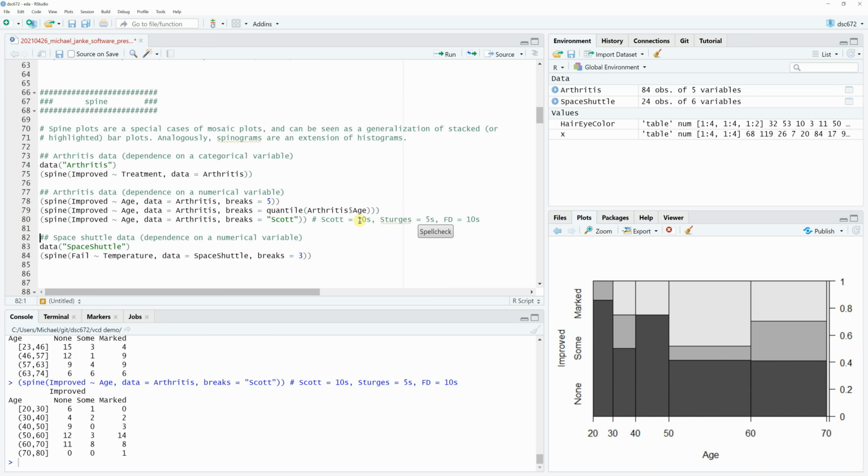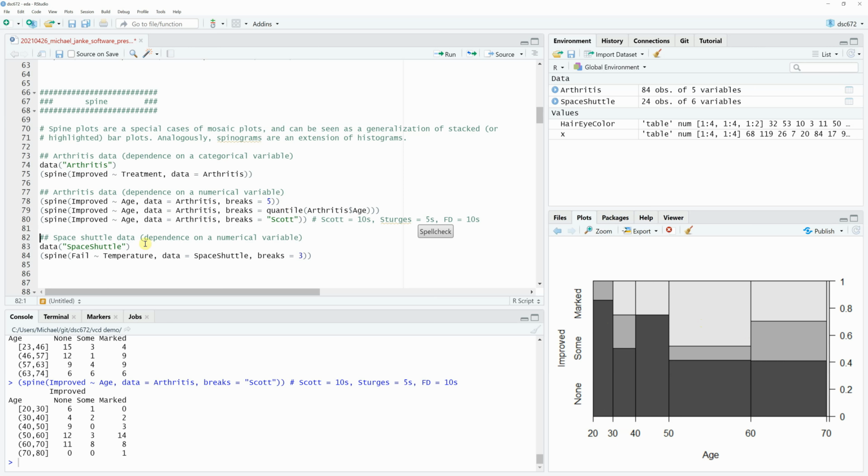There are various functions that do this. Now we can look at age group 20 to 30, where most of them had no improvement. There was some marked improvement compared to 50 to 60, where I think you've got the best improvement here. It's pretty easy to see that way,